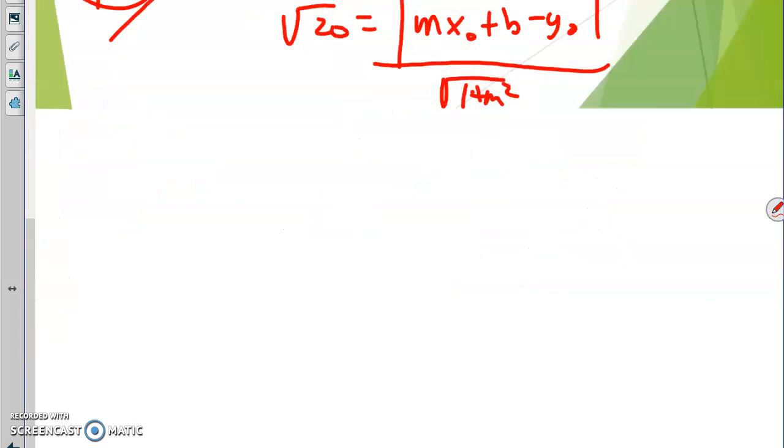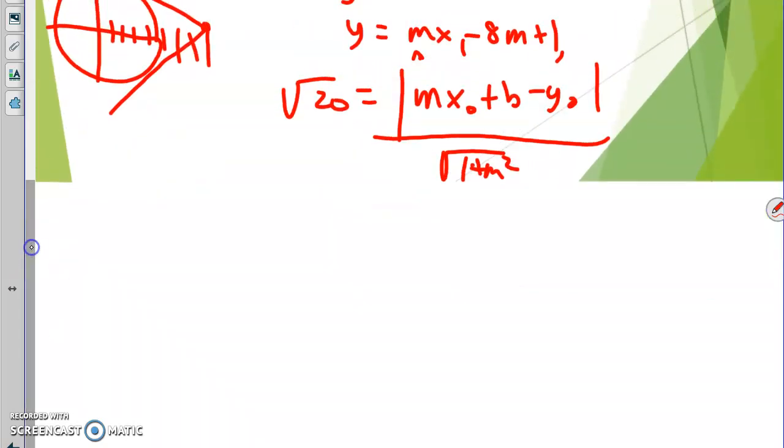And let's plug in what I know about it and then do a little bit of solving. If we use our x0 and a y0 of 0, I get absolute value of m times